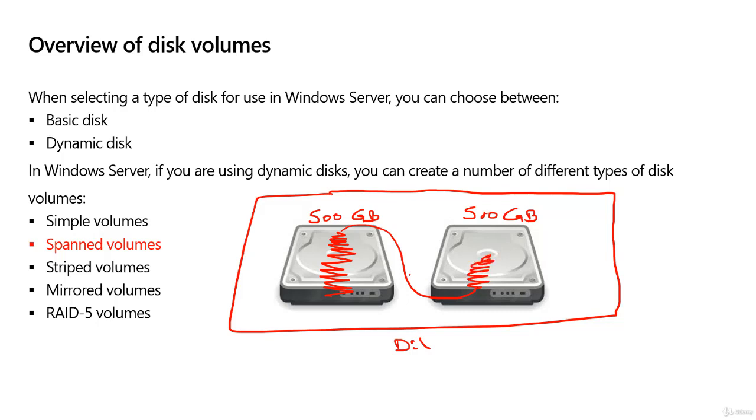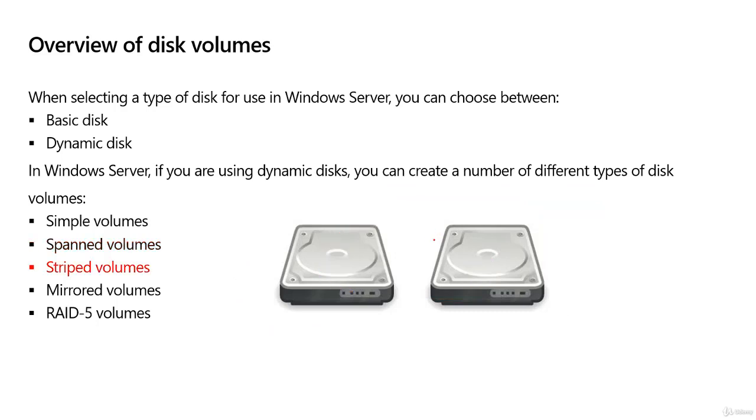So you truly have one block of space that's just under a terabyte in size, but it does not give you a performance increase because one drive is reading and writing. When that one drive is full, it then starts using the other drive. For that reason, a span volume is not very common. Much more common than a span volume will be a striped volume. The way a striped volume works,